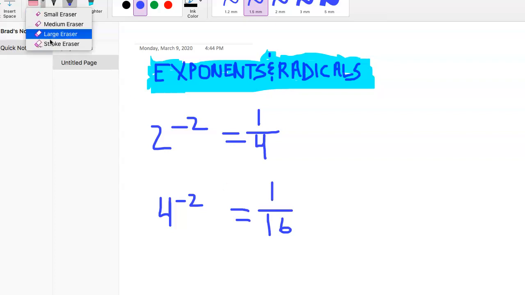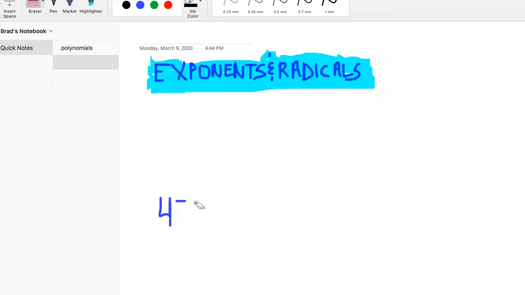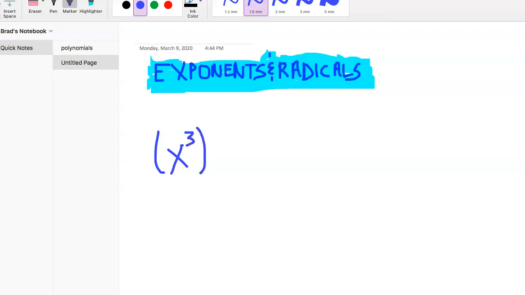Pretty easy, actually. They look confusing when we see negative exponents, and sometimes it's hard to imagine what the actual answers are with some of these algebra concepts. But that's all we're doing. Okay, last one. We're back to multiplying exponents. So sometimes it'll look like this. So we have x to the 3rd